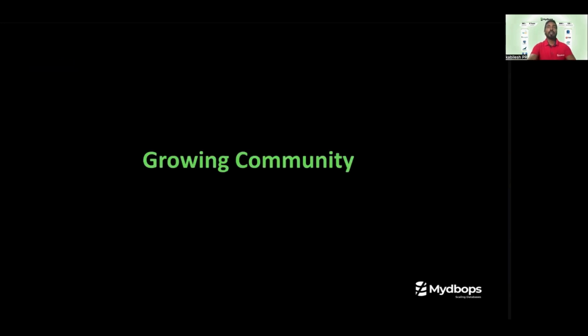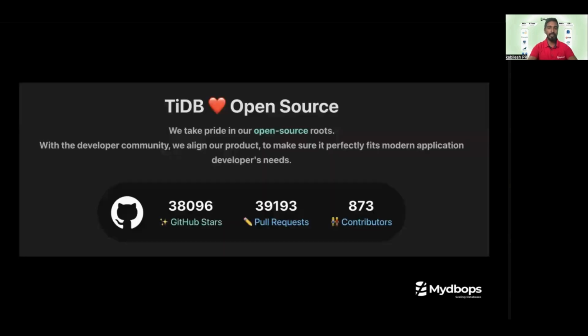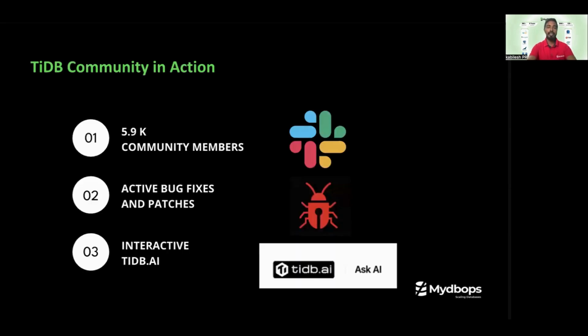Okay, so again, those are all the compelling reasons that make enterprises choose TiDB. And we'll also discuss the growing community that TiDB provides. TiDB is completely open source, and you can see the number of stars. TiDB is one of the most starred, or the second most starred, database projects next to ClickHouse, and it has worldwide global contributors. And TiDB has a very vibrant and active Slack community, which has close to 6K members.